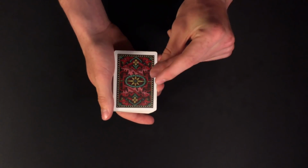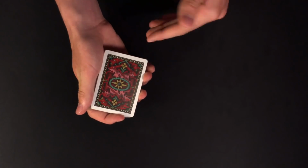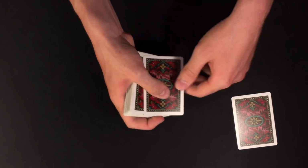And now all I need to do here, snap my fingers over the deck, give the pack a little wave. Now you guys will see that the deck is now set up to spell your selection. So watch this. I'm going to spell out the card